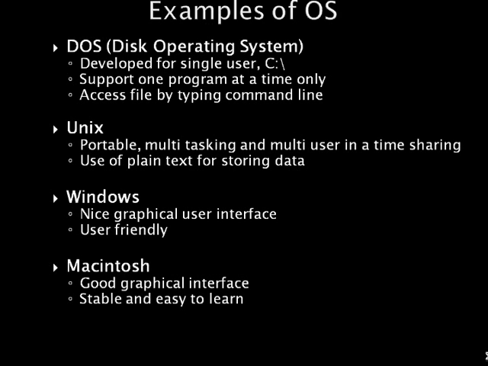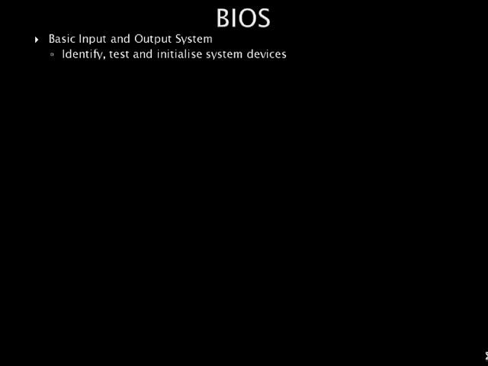BIOS. The BIOS stands for basic input-output system. It is found in the ROM of the computer and is the first piece of software that is run by the computer. The initial function of the BIOS is to identify, test, and initialize system devices, such as the video display card, hard disk, and floppy disk, and other hardware. This is to prepare the machine into a known state so that software stored on compatible media can be loaded, executed, and given control of the PC.